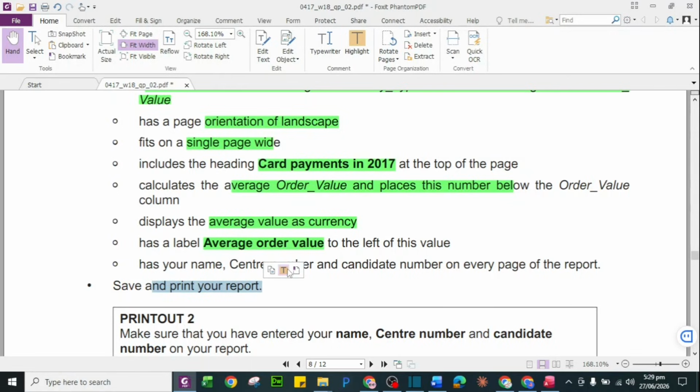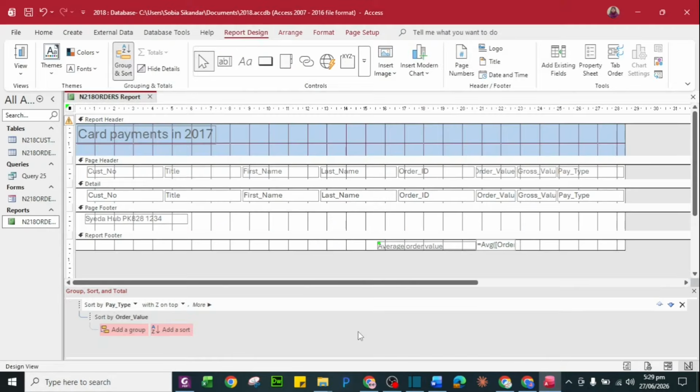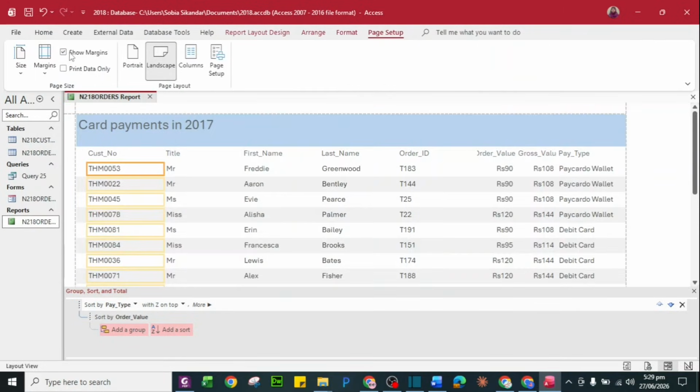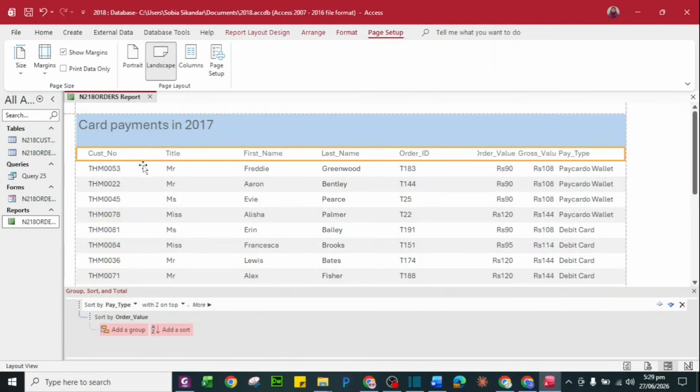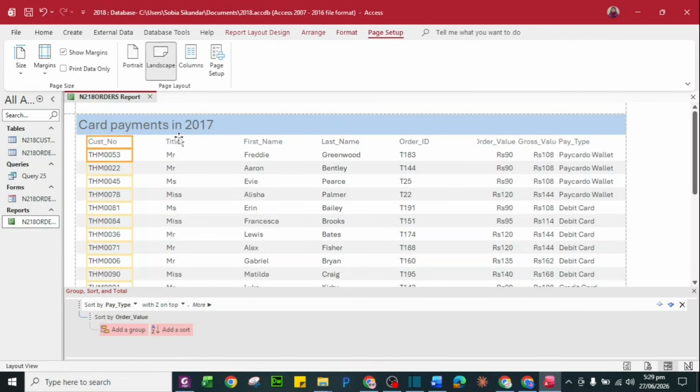Okay. Before printing it, I will check some points. My name, candidate number, I will open it in layout view to make some adjustments. Custom number, it is so big. So let me make the size of this field a little smaller.